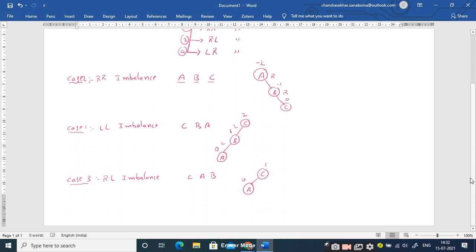And now I insert B. Compare this B with C. B is less than C, therefore go to its left hand side. Compare B with A, B is greater than A. You take this as the right child. Now if you calculate the balance factors, B has a balance factor of 0 and A has a balance factor of